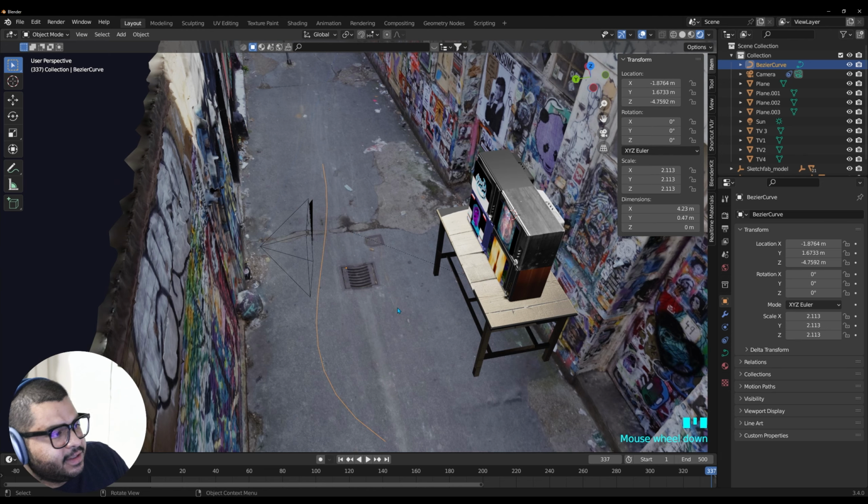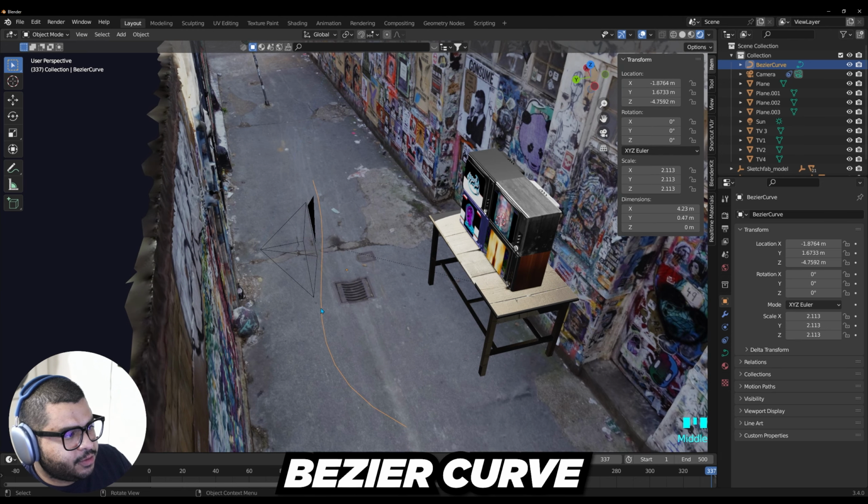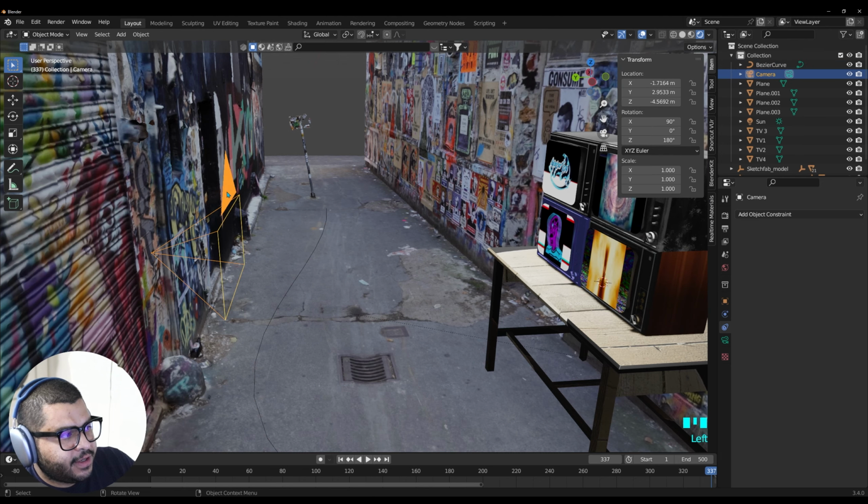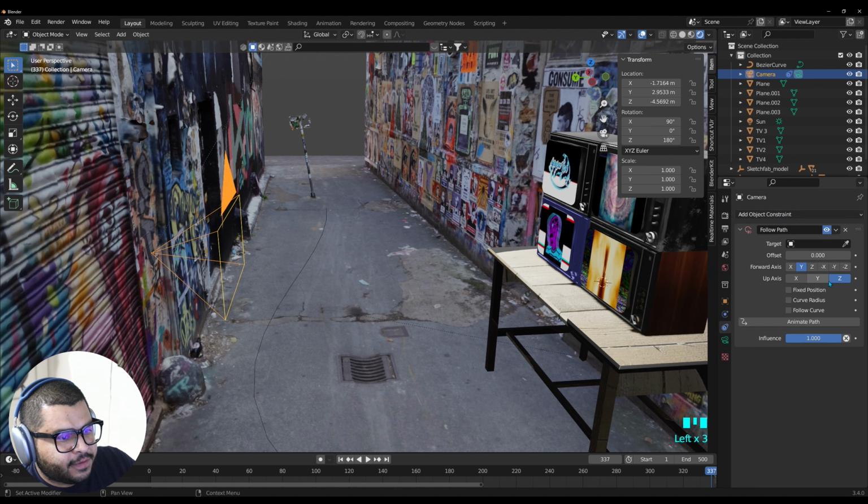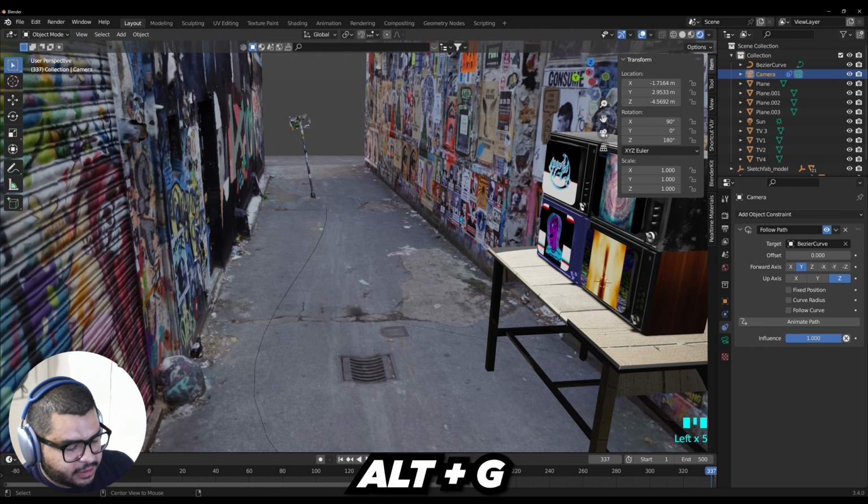Okay, now let's connect the camera over to the Bezier circle. Make sure that the camera is selected and you go over to your object constraint properties, and then you hit add object constraint and do follow path, and then on target do the Bezier curve and make sure you hit animate. And since you're still highlighted on the camera, do Alt and the letter G,